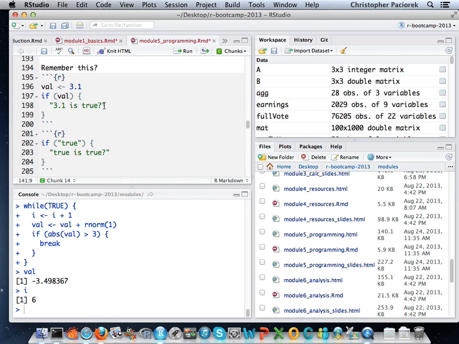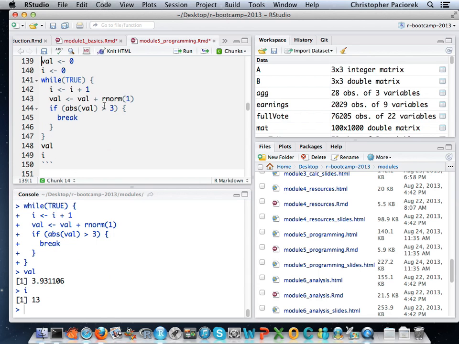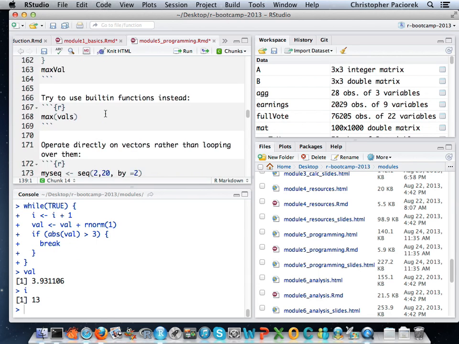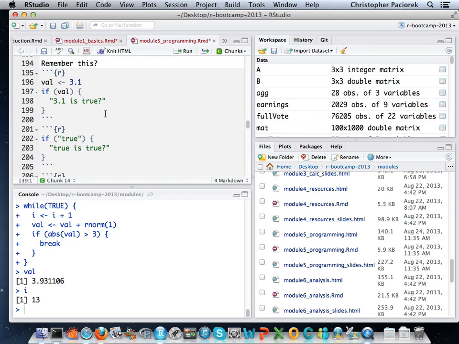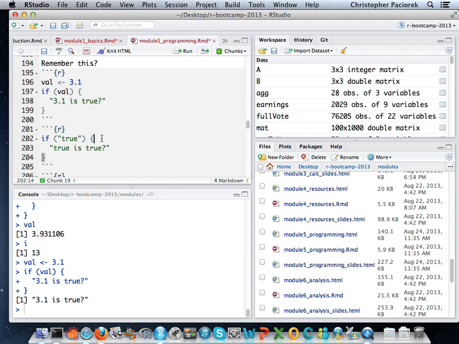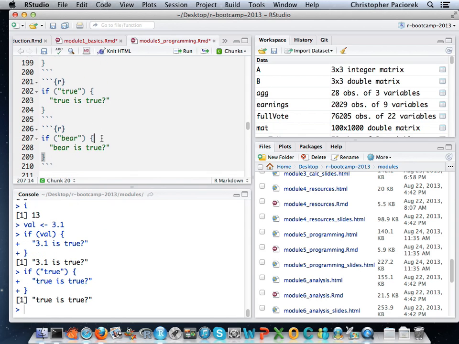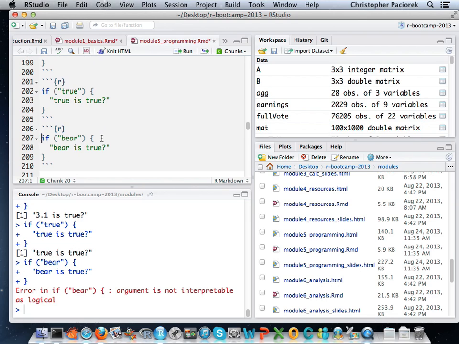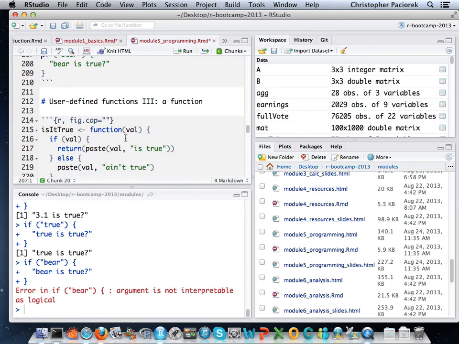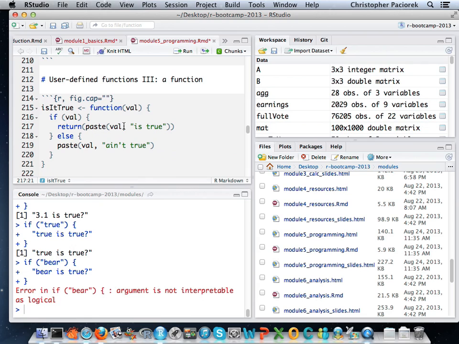So earlier here we were checking if these various objects evaluated to true. We discovered that the string true evaluates to true, the number 3.1 evaluates to true. And you'll notice here, of course, we typed out the same thing a whole bunch of times. We had an if and then something, and the same block was being evaluated 3 separate times. So what we can do is turn this into a function.